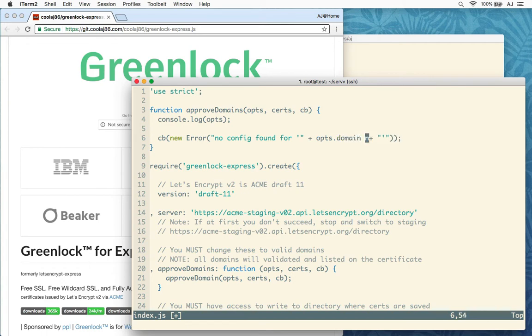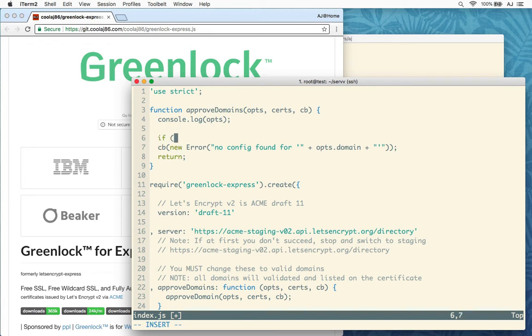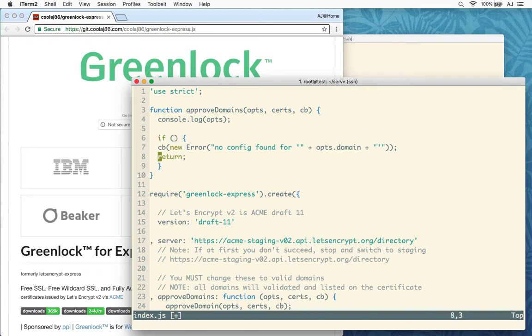That's kind of weird. And then I'm going to go ahead and do return. Now we're going to put this into an if statement. I like to handle my error cases first. So there we go. And I'm going to check if it doesn't match against